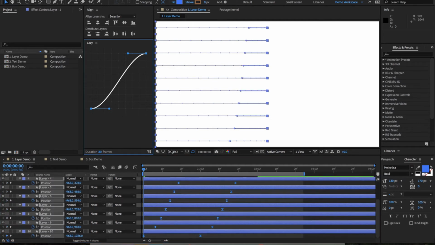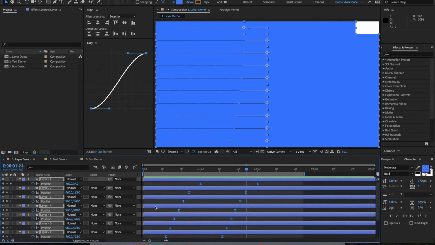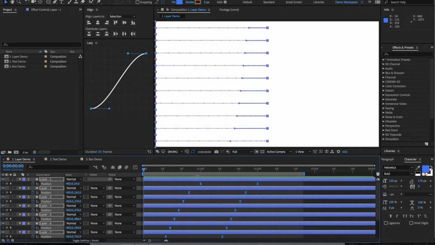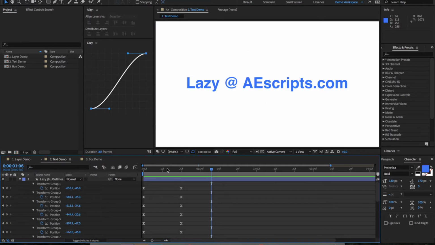Now our layers aren't even moving. We just have the keyframes moving, so we still get the same animation, but now all our layers stay in the same place. So let's say you had a bunch of different keyframes later down in this timeline on these layers, and you didn't want to move them all across the timeline and get those all affected when you distribute the layers. Now you can just select the keyframes and just distribute those actual keyframes. Let's jump into the text demo here,